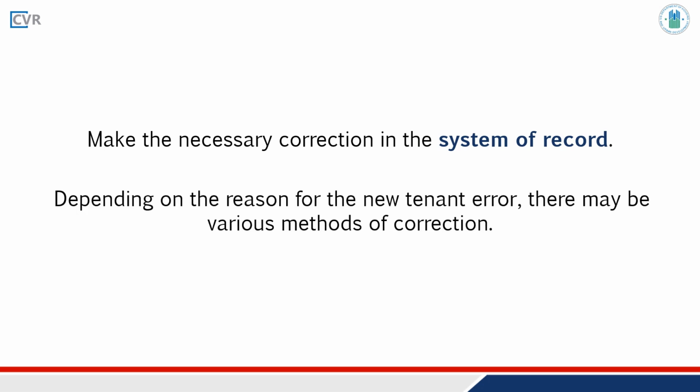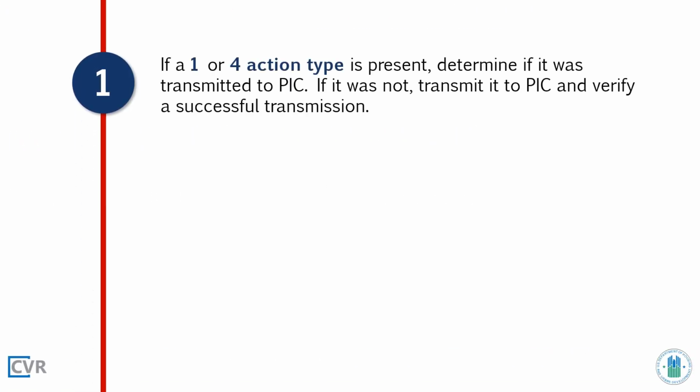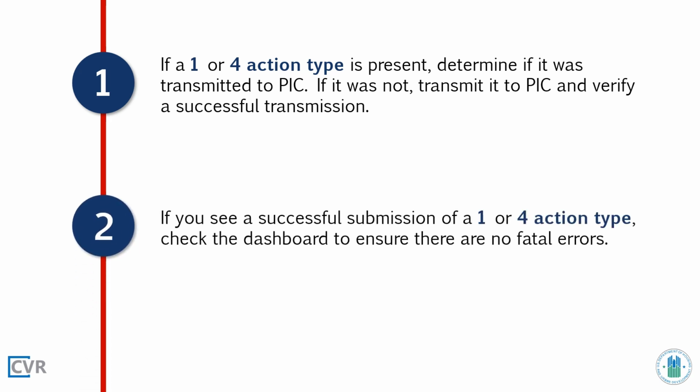Depending on the reason for the new tenant error, there may be various methods of correction. If a 1 or 4 action type is present, determine if it was transmitted to PIC. If it was not, transmit it to PIC and verify a successful transmission. If you see a successful transmission of a 1 or 4, check the dashboard to ensure there are no fatal